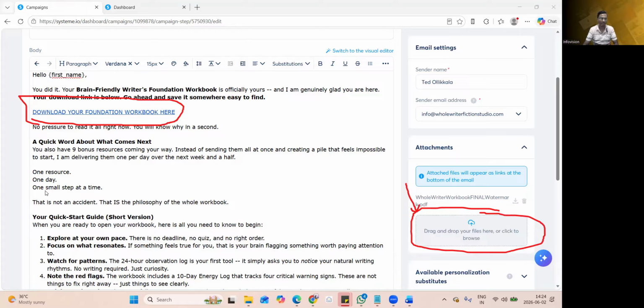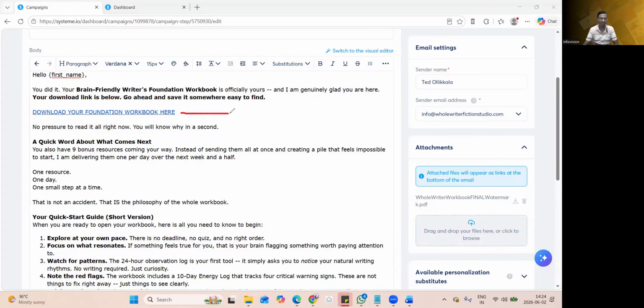So try doing that. Right now I'm doing it because this is just a first email, so it is very important to make it easy for the people to download it from inside the email. Okay,